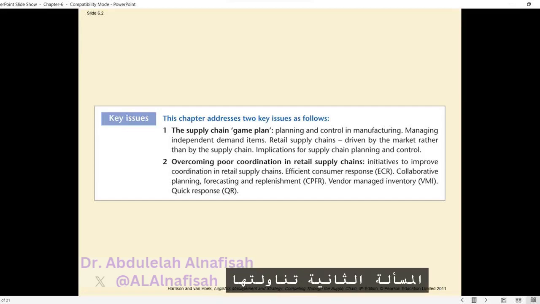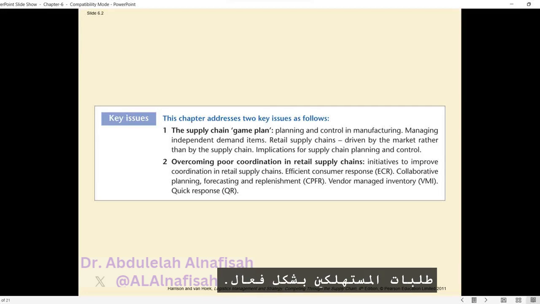The second issue explored in the chapter is the problem of poor coordination in retail supply chains. The chapter highlights various initiatives that have been introduced to address this challenge and improve coordination. These initiatives include Efficient Consumer Response (ECR), which aims to enhance the efficiency of the entire supply chain to meet